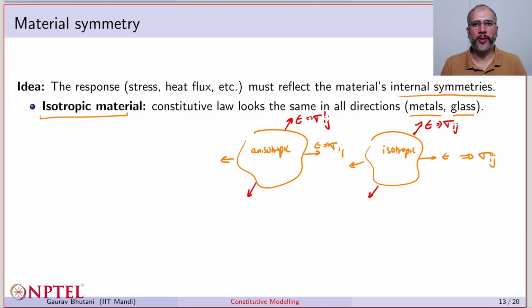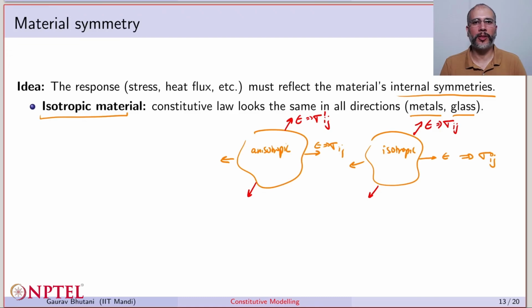And the reason is because wood, for example, may have a different response to this strain because of its grain orientation. And our choice of constitutive model, which basically relates the sigma to the epsilon, should also respect this material's